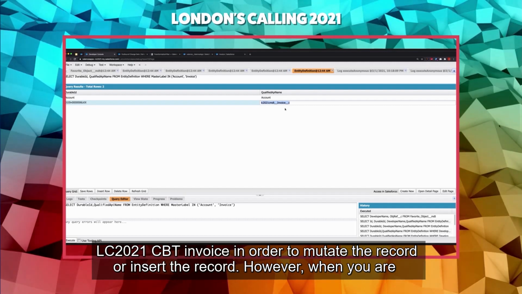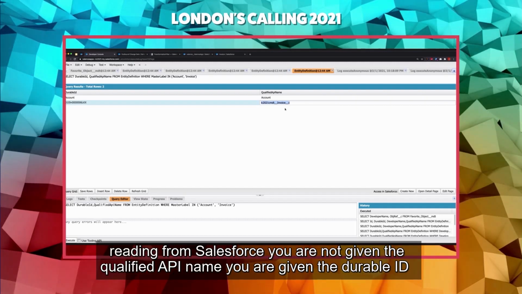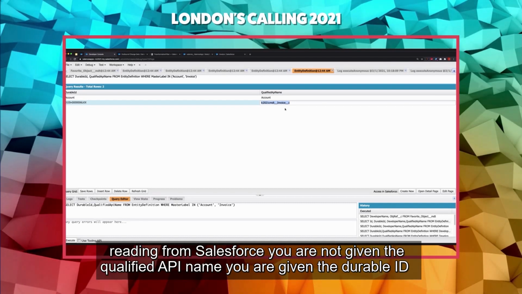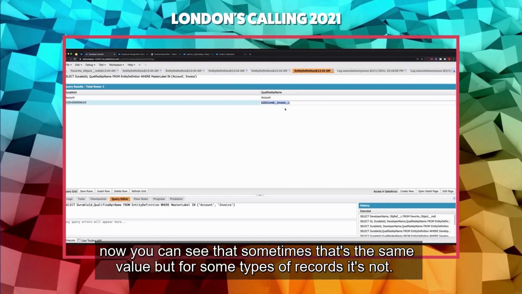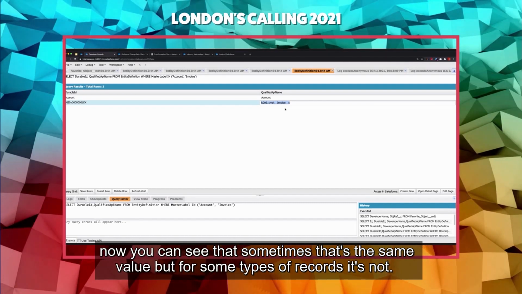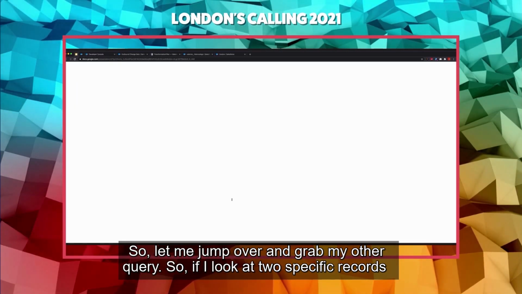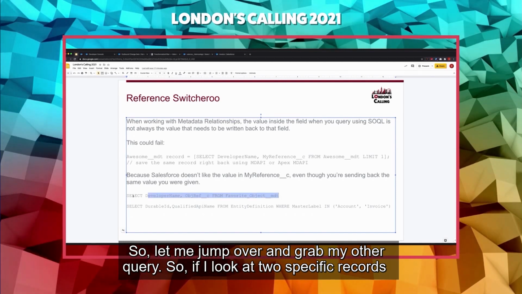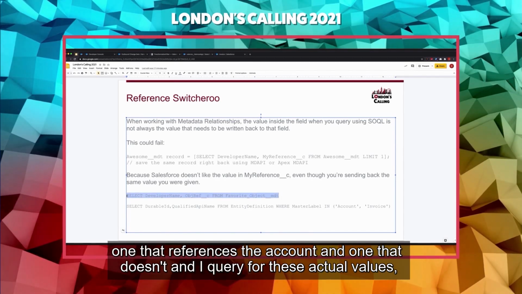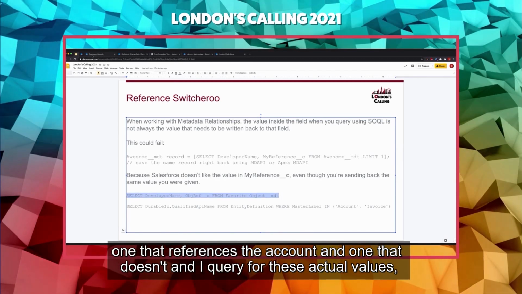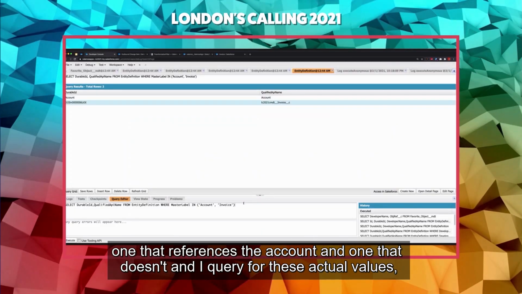However, when you are reading from Salesforce, you are not given the qualified API name, you are given the durable ID. Now you can see that sometimes it's the same value, but for some types of records, it's not. So let me jump over and grab my other query. If I look at two specific records, one that references the account and one that doesn't, and I query for these actual values,